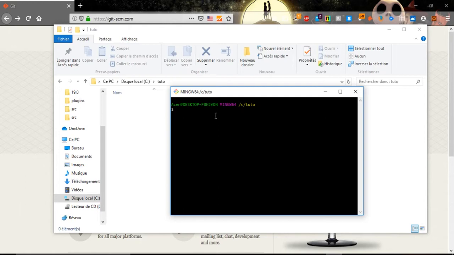It's just like the Linux command line: mkdir, and for example, let's name it demo, and it's created. Now let's go to this directory, demo, and to initialize it with git, we will execute the command git init,